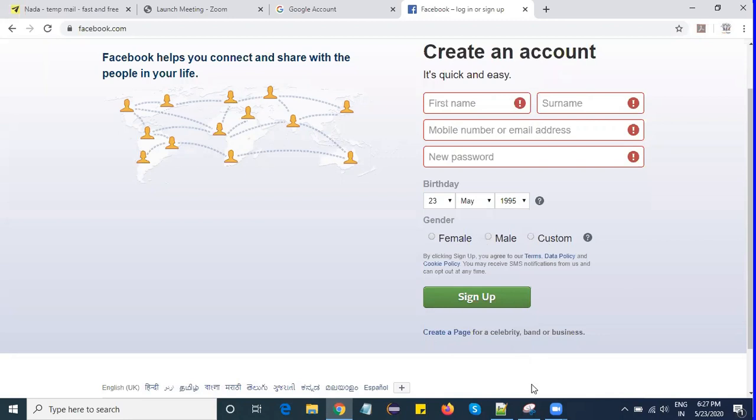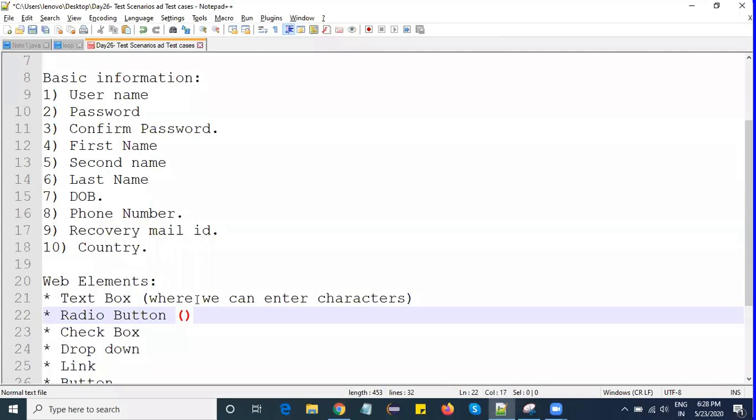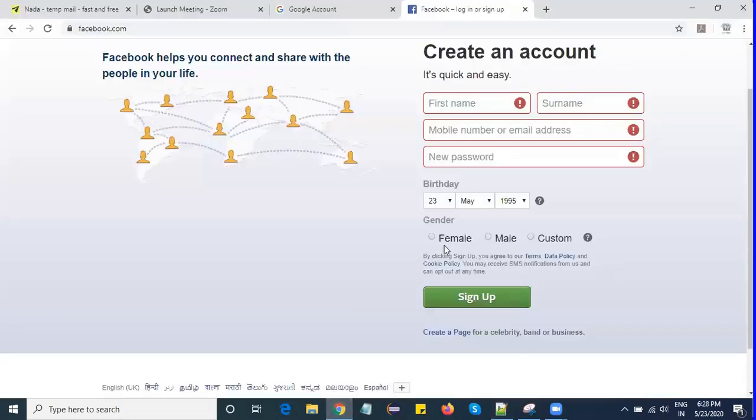From here I can select only one. I can't select multiple things. In true or false, I need to select either true or false; I can't select both buttons. So here also I can select only one button. For radio buttons we'll have a maximum of 3 options.